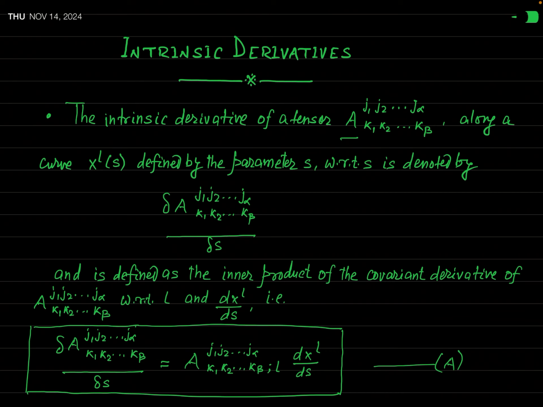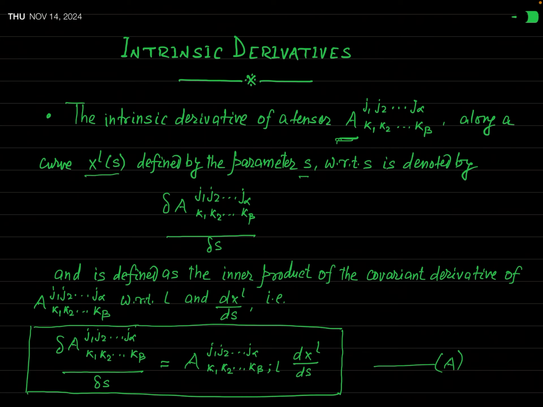And let us consider that we have to define the intrinsic derivative of this tensor A along a curve defined by this equation x to the power L of S. Here you know S is the parameter in accordance with which the coordinates x vary. So the intrinsic derivative of this tensor A along the curve x^L(S)